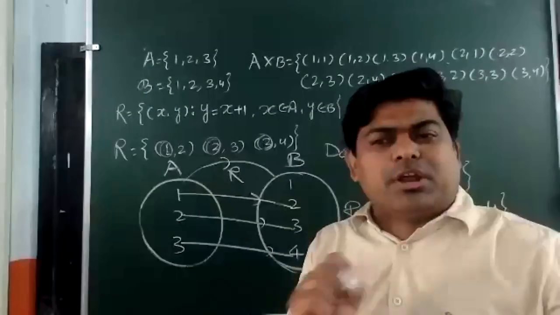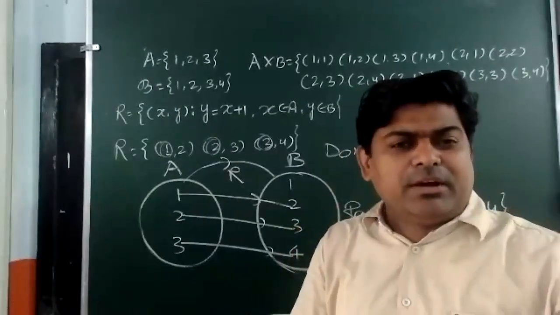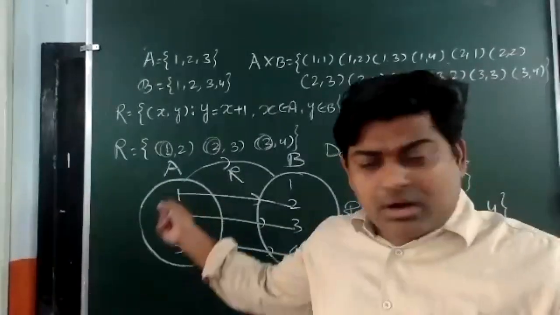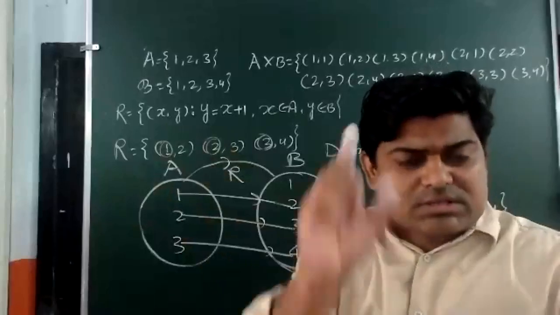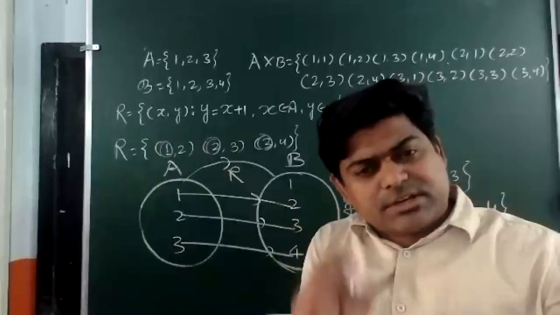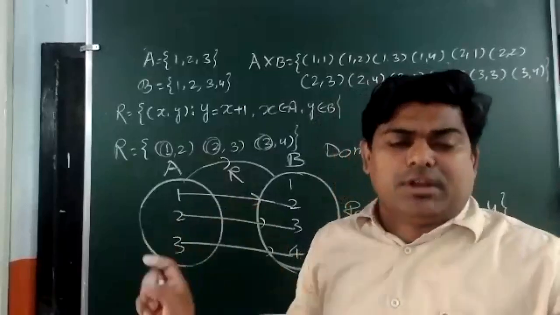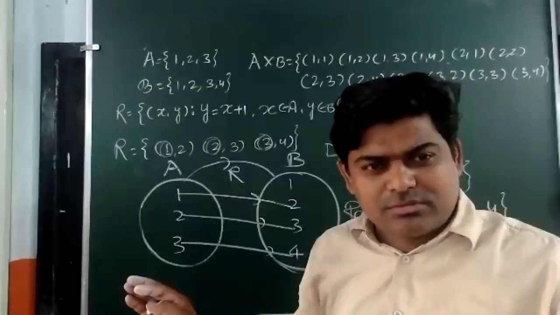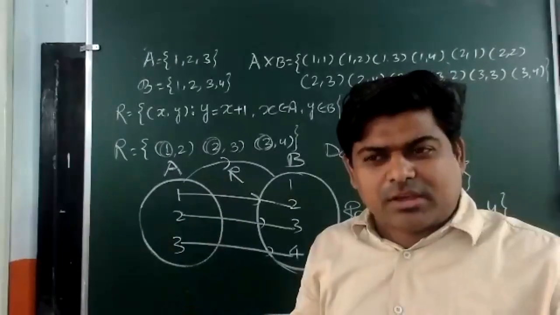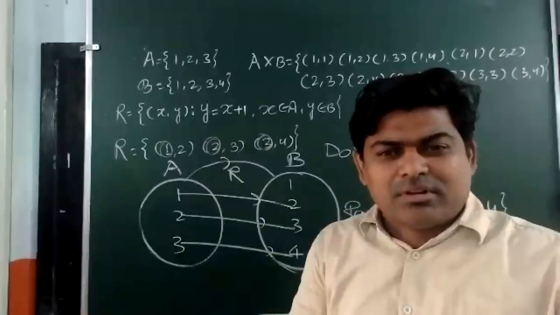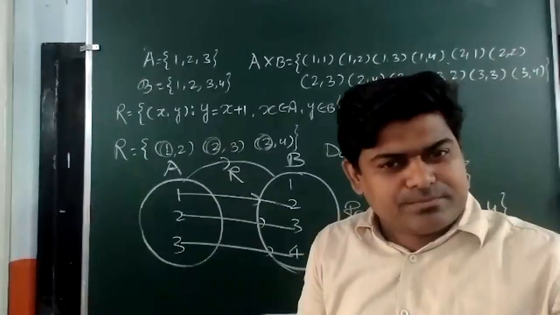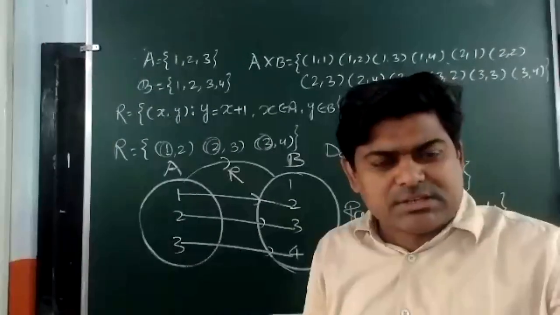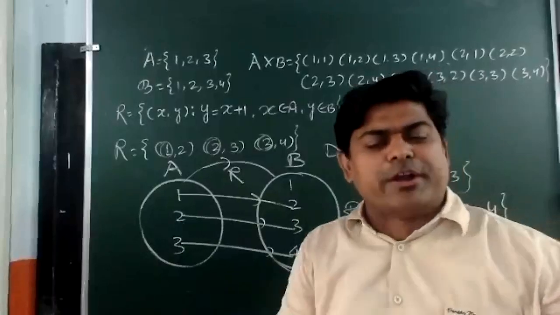So once again, I am telling you, set of the first element of each ordered pair given in the relation is called the domain, and set of the second element will be called range. Is it clear? Anyone have any doubt? But I am thinking if I do some question, then the rest of the things will be clear. Can I start some question from the exercise? Because these are the few points what I have to discuss.